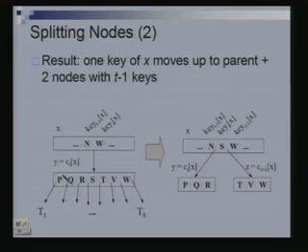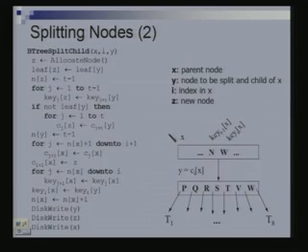And what was the process of splitting? If this is a node that I am splitting, let us say the t value is 4. So, this already has 7 keys. If I am trying to put one more here, then I need to split it. So, S goes up and this gets split into these, right. I have put down the code here. You can have a look at these slides separately to understand this code. I am not going to spend too much time on it here. It is very straightforward what you have to do.